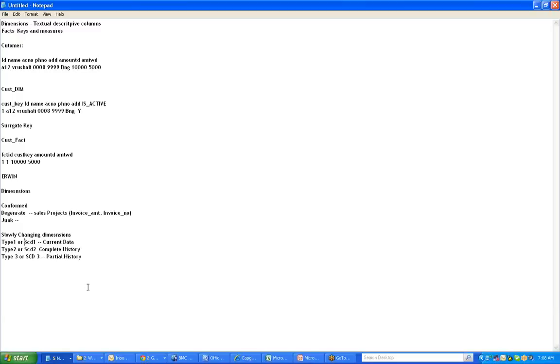All the facts will have only the current data. They follow only a CD type to load the data into the fact tables. Clear? We'll go in depth on how they are loaded, what the processes are to maintain the complete history, and what process we follow to maintain the partial history. We'll go through those when we discuss more detail about those things.